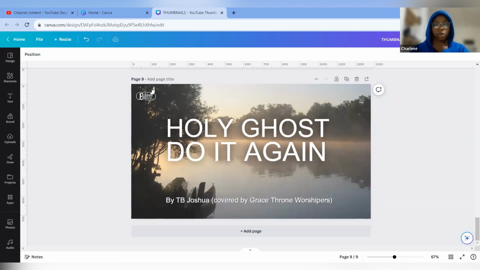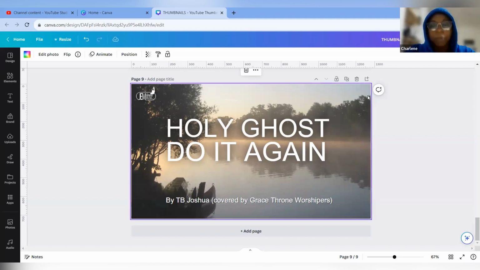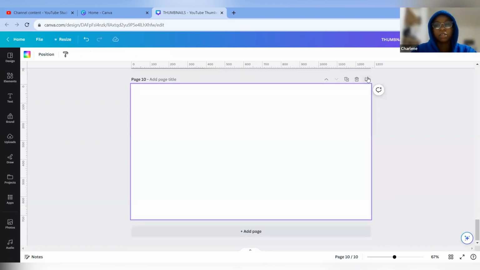I'm just going to show you all how to do a simple thumbnail, and obviously the wording and the writing and stuff like that, the best way I can, and also how to edit the picture as well, in case you wanted to edit the picture so it stands out more, or the writing so it's more prominent on the page. Here, as you can see, this is a thumbnail that was already made. So what I'm going to do is just add a page so it's a clear